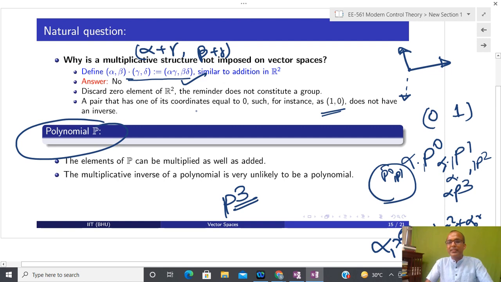We have just two operations. One is vector addition and another is scalar multiplication with respect to the field, and the scalar element we are taking from the field. Okay, so for us the field is just the real numbers. Whenever we are dealing with linear systems, non-linear systems or any class of system, we are going to assume that the field is either real or complex numbers. We are not going beyond that.